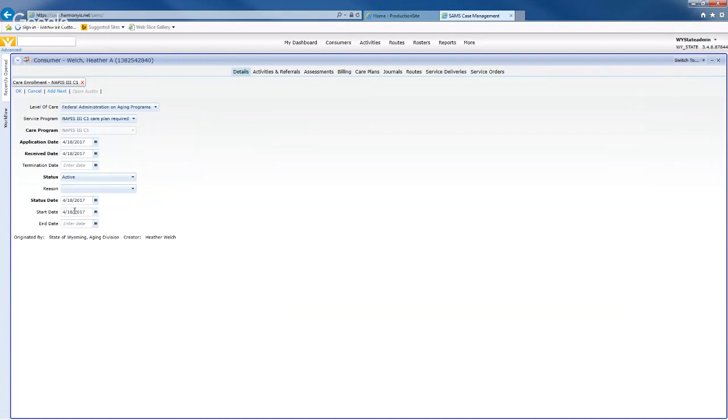So that's how they're nested together. And the dates in SAMS are very important. If the dates don't line up, then you're definitely going to have a bad day. So for this one to correspond with my AGNES that I just entered for February, I'm going to go ahead and make this the first day of February, so